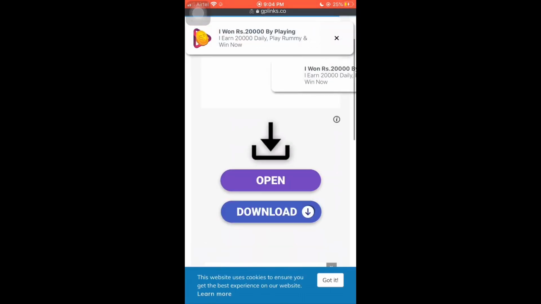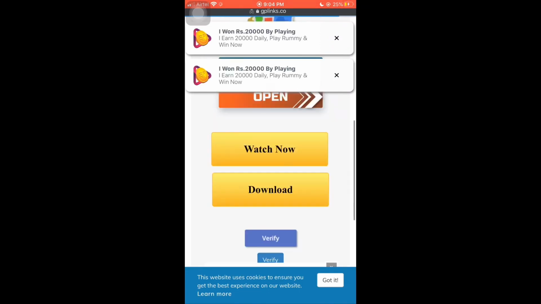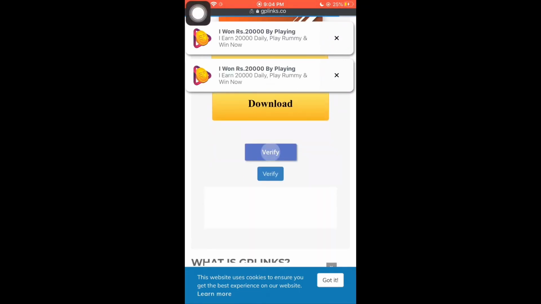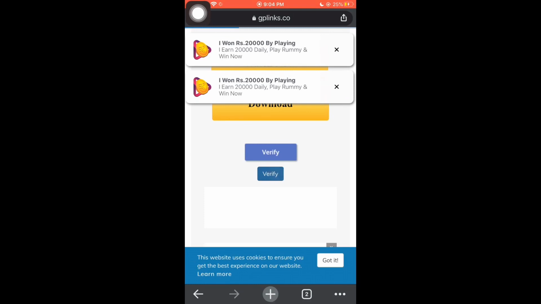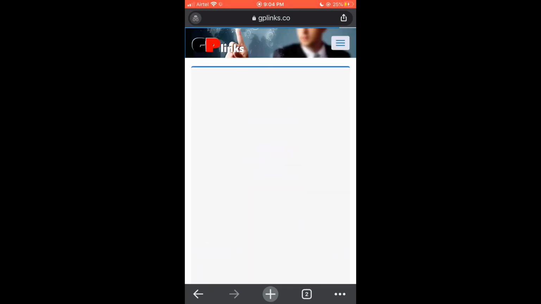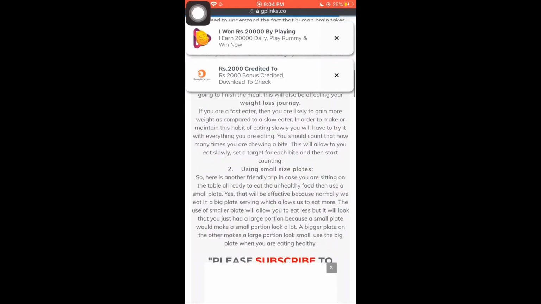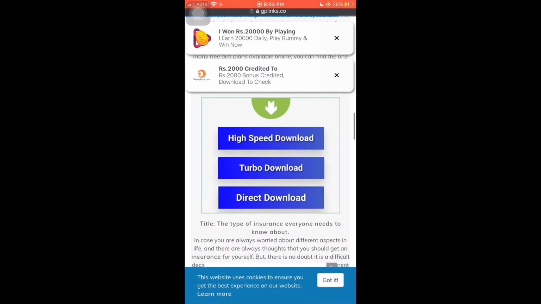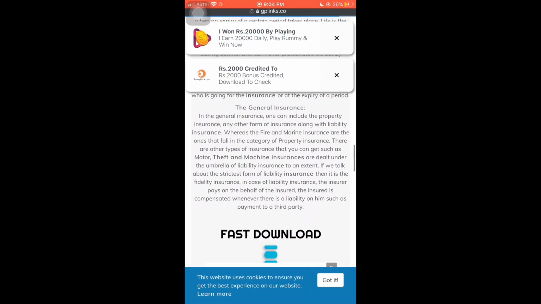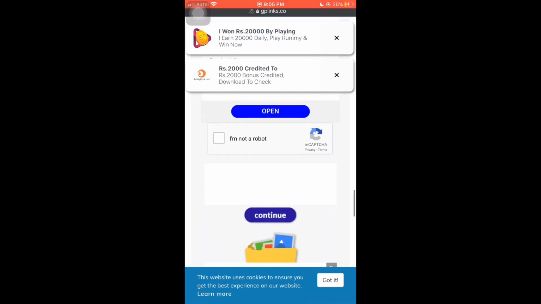So all you have to do is just scroll down and you will find an option called verify. Click on the verify button and it will take you to another page. Keep scrolling and you'll find an option called I am not a robot. Click on I am not a robot and verify the given questions.